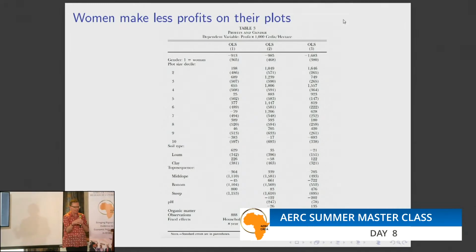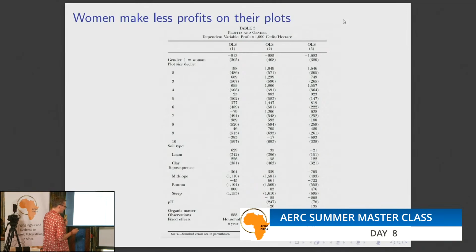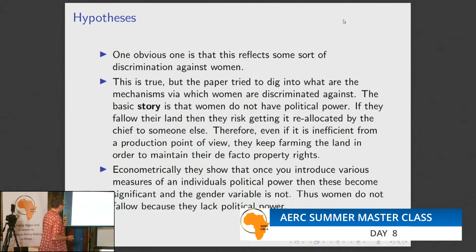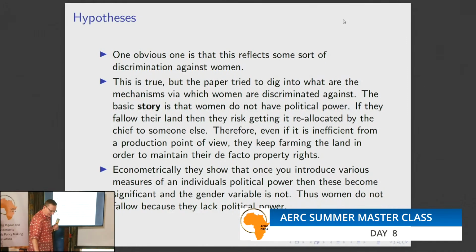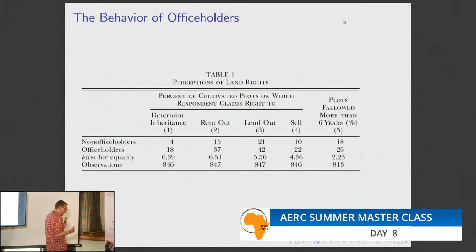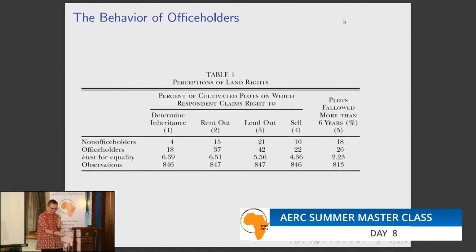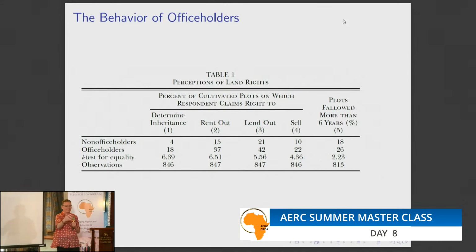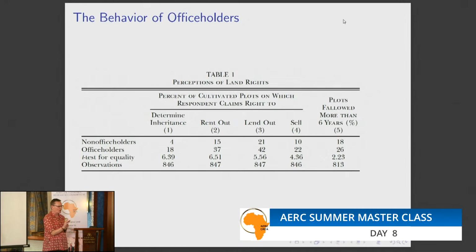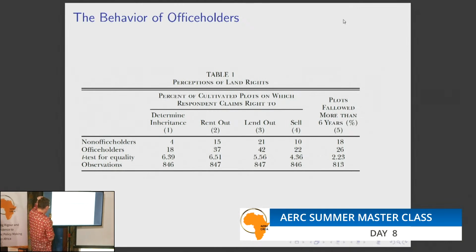okay, there's some correlation here between gender and these different fallowing and productivity outcomes, but what is really driving that? And it turns out, here's the story, I look at this table. When you start reading the paper, I saw Chris present this paper years ago, so I always present it not the way it's written in the published version, but the way he presented it, which I found so interesting. He presented it as a gender paper, and it is, but not for the obvious reason. And this is the table that tells you everything, which is